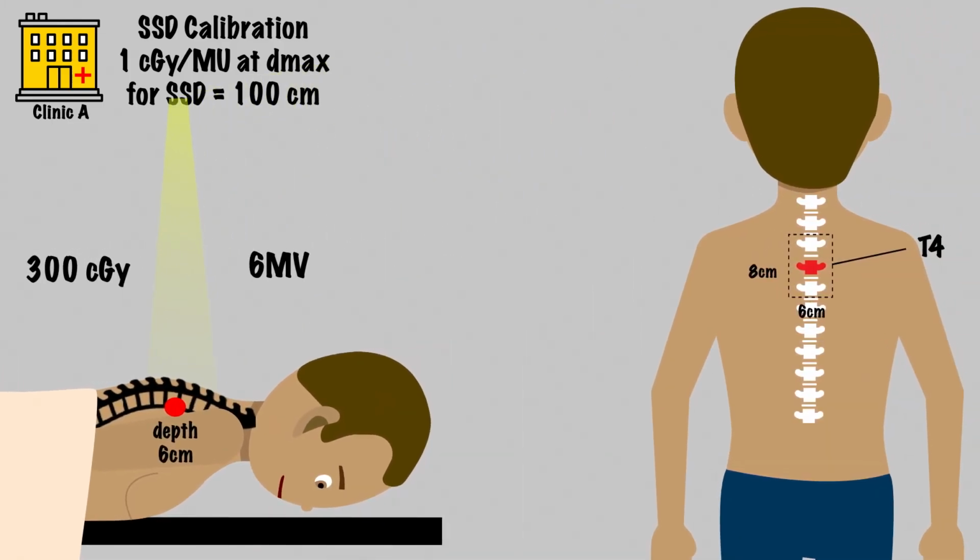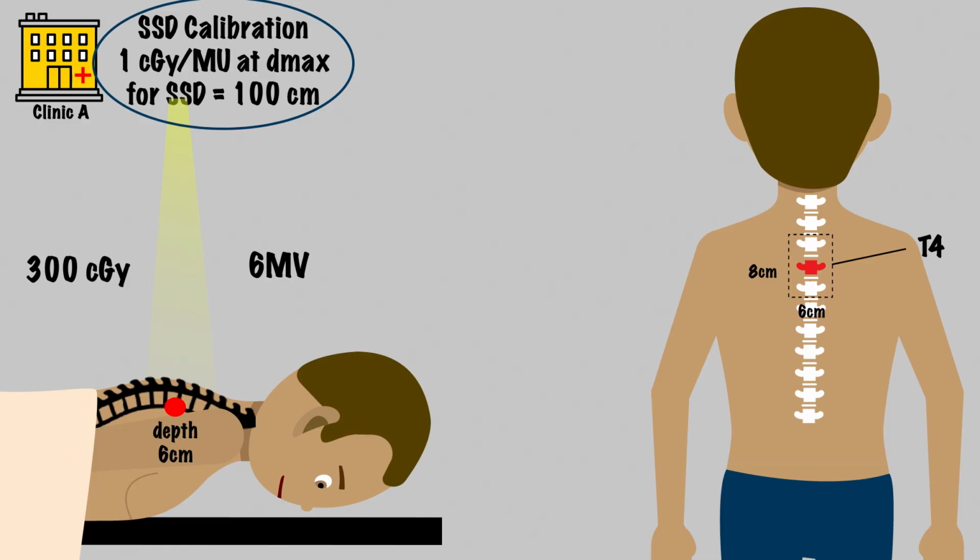You're planning to treat one vertebra above and below T4, making your field size 6 by 8 centimeters. How many MU are required to deliver the intended dose to your target? First task, understand your clinic's reference conditions. We are told this clinic's reference conditions are to deliver 1 centigray per monitor unit at Dmax for a 100